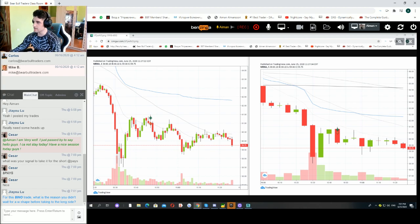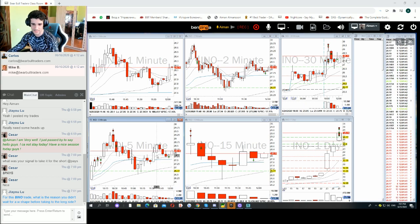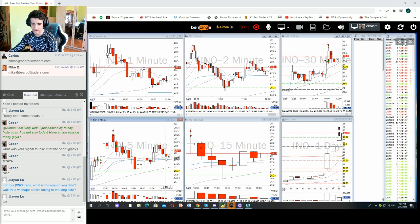I didn't take it to the long side. It was short. This is a short. Like this short right there, I left 10%, and because of this W shape right here, I have partialed my last portion to the short side. Remember when I told you that my signal to exit is usually if I see a setup forming against me, or if it's going to